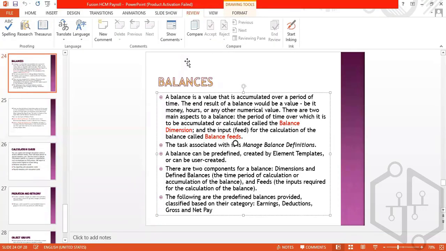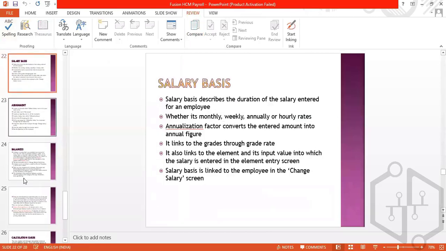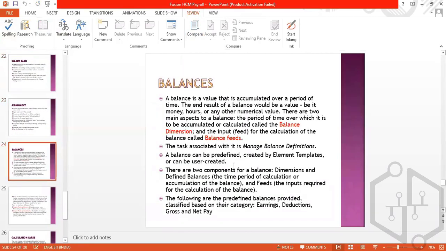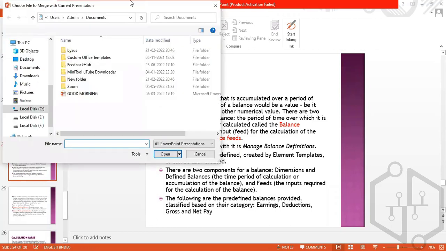And the feed of the balance can be predefined, created by element templates, or it can be user created. There are two components of the balance: dimensions and